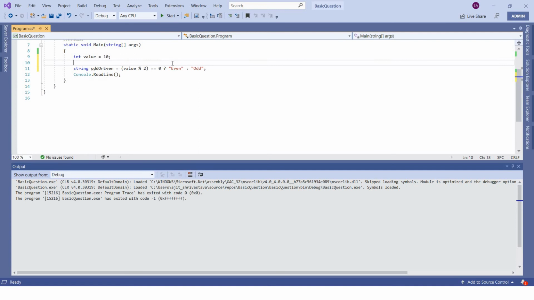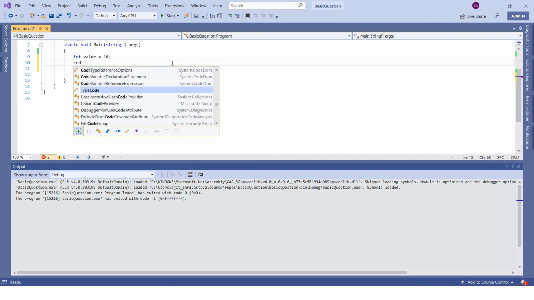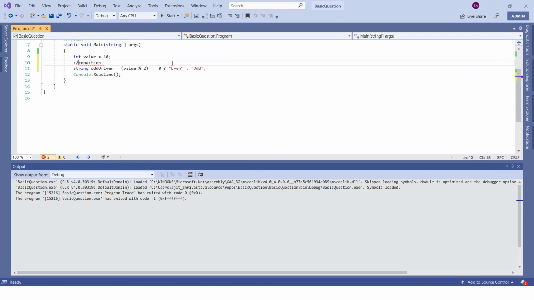The basic rule of thumb for the ternary operator is, first you have to give a condition. Let me put a comment. That condition has to return either true or false.